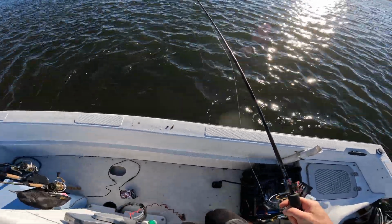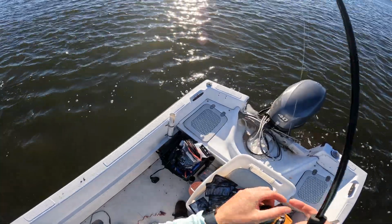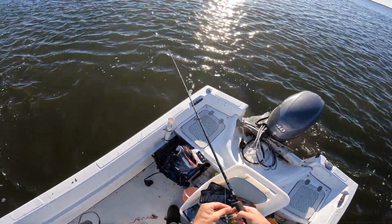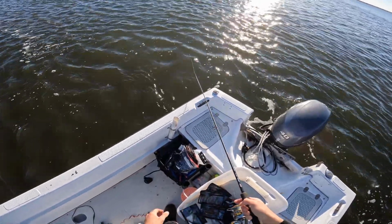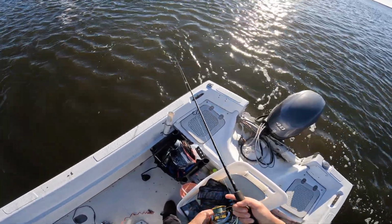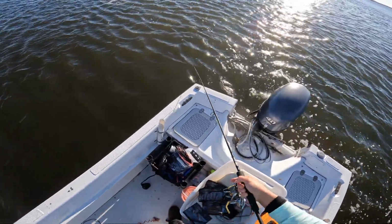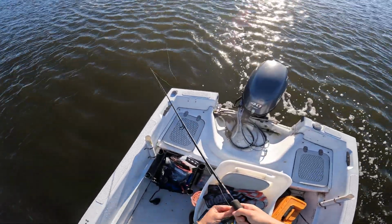I will say, one of the things I'm noticing with the boat is I'm not as tired from fishing, because a lot of the areas I'll fish, especially if I'm striper fishing, are kind of a haul from where I launch. They're not like the bridge videos where I'm just pedaling a couple hundred yards and I'm there. Most of these trips when I'm fishing for stripers, I'm going minimum 4 or 5 miles in a certain direction. So from a boat perspective, it's like a breath of fresh air,